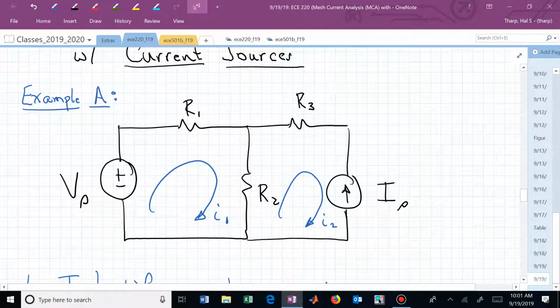Then what happens? What's going to be the voltage dropped across that current source I sub S? It's going to be whatever it needs to be in order to deliver or produce I sub S amps going up from that current source. It's not going to be determined,